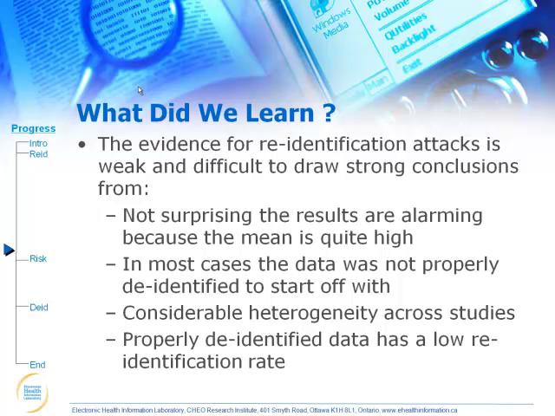It's really hard with a straight face to make a strong claim that it's really easy to re-identify data sets that have been properly de-identified, because the evidence is not there. It doesn't mean it has never happened, it doesn't mean it will never happen, but as far as we know today, the evidence is not there. Anecdotally, because we do this work, and we also do re-identification attacks to check for some of the people we work with and to check what we're doing ourselves, it's really hard to re-identify data sets in the real world, because data sets have errors in them. There are data quality issues.